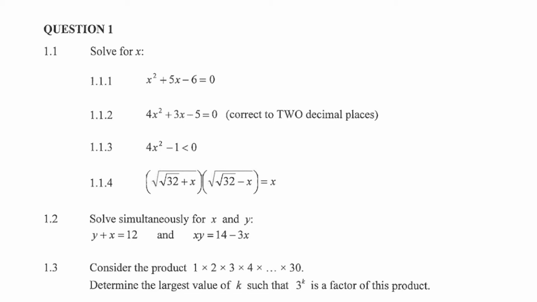All right, ladies and gentlemen, now we have 1.2, and with 1.2 we have two equations. We are supposed to solve simultaneously for x and y. For the first one, we have y plus x equal to 12, and then for the second one we have